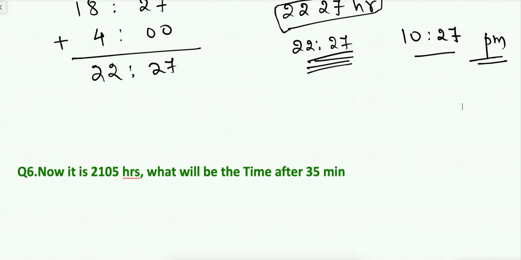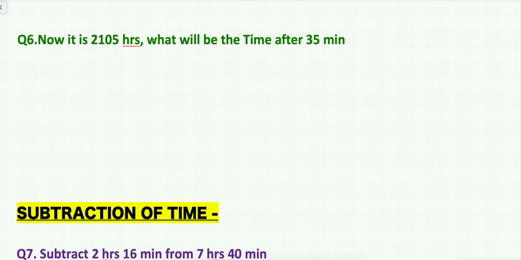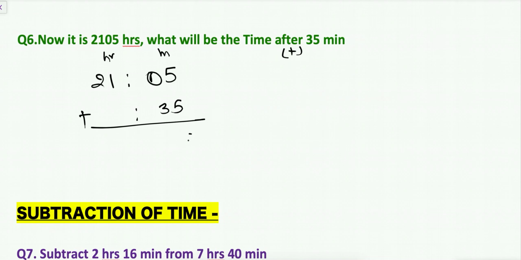Now next question. Now it is 21 hours and 5 minutes. So this is hour and this is minute. What will be the time after 35 minutes? So for "after" we need to do the addition, after 35 minutes. So we add minutes to the minute section here. So it is 5 plus 5, 10, and here 40, and 21. So the time after 35 minutes will be